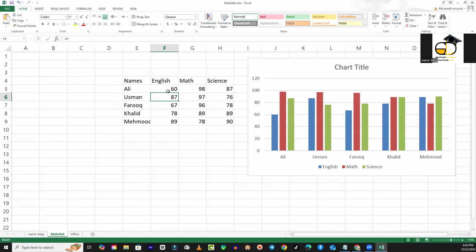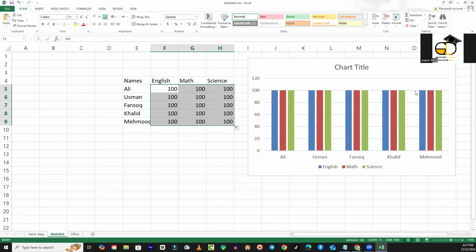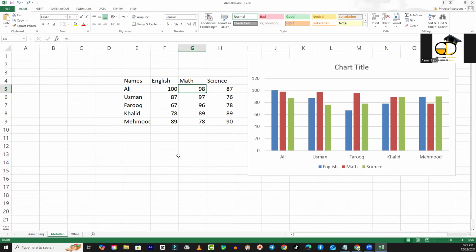If I increase Ali's math, all marks I make Ali's 100. And you will see all the three bars go up to 100. In this way, if I select all values and I drag them down to make them equal, you will see everything is now equal, pointing towards 100 marks. Right. In this way,